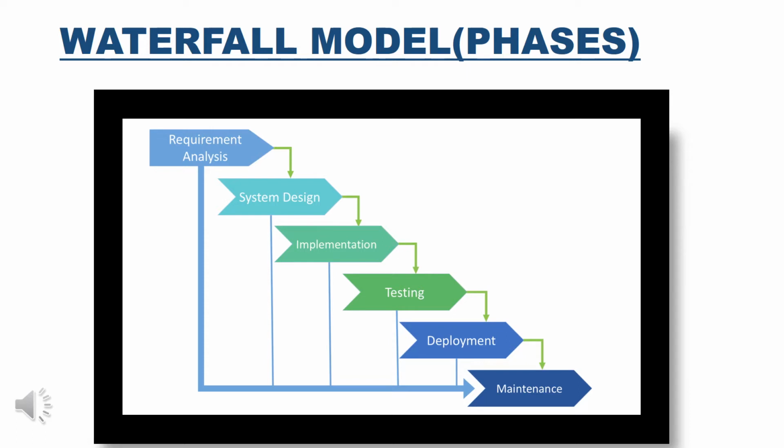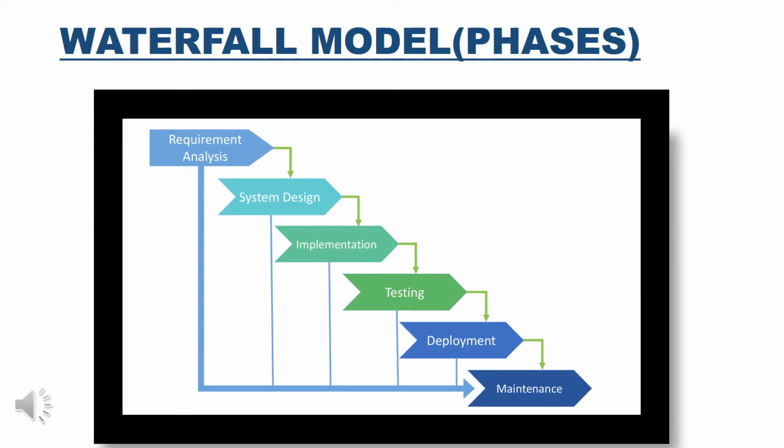After the coding part is done, the programmers or the testing team test the entire system for bugs or errors, and they remove the bugs if they find any with the help of various testing tools. And then the development team fixes the bugs and sends it back for retesting of the software. So that is to check whether the software has become bug free or stable, and it is working according to the user's expectations.